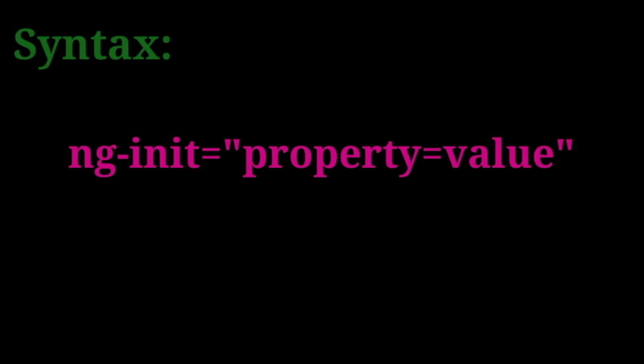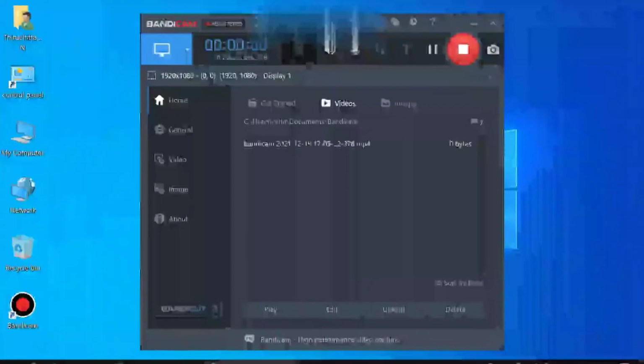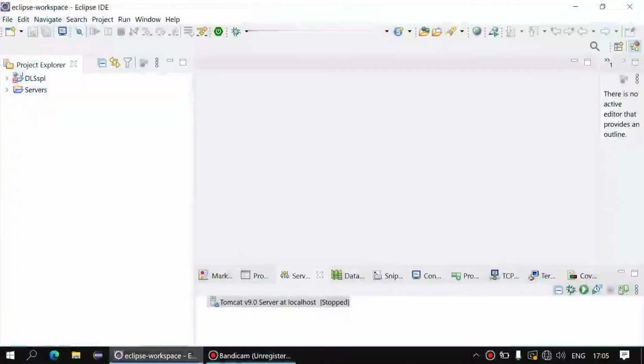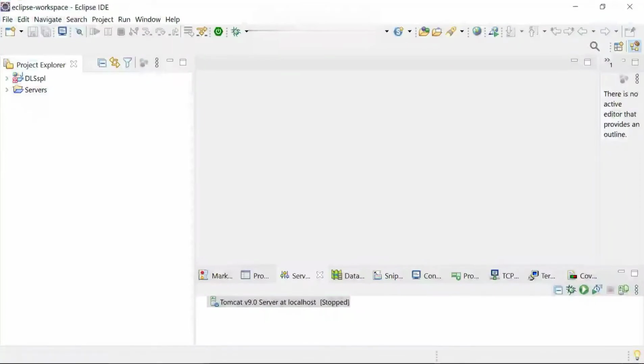All right, so let's make use of this syntax, this directive, in an AngularJS application. So let me create an AngularJS application to make use of the ng-init directive.